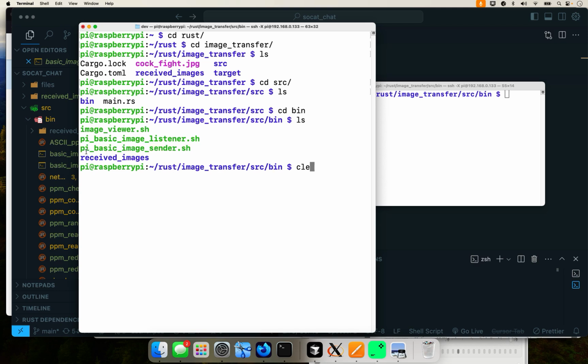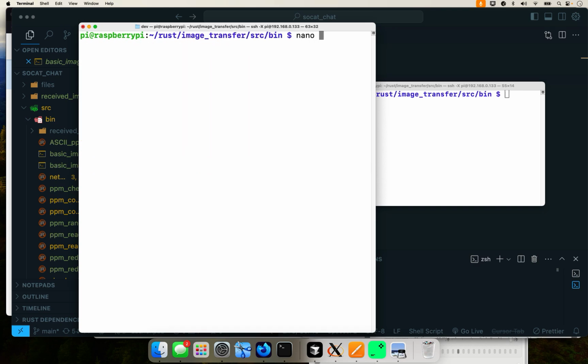Right now I'm going to be showing you the sender, how to send images from the Pi into our computer. If you've worked with Pis before, or you work with some embedded systems, you know that sometimes this can be a pain in the butt. Sometimes, yes, you can use SCP, and I'll show you. So you'll see. I don't want to spoil the surprise here. So let's clear it,